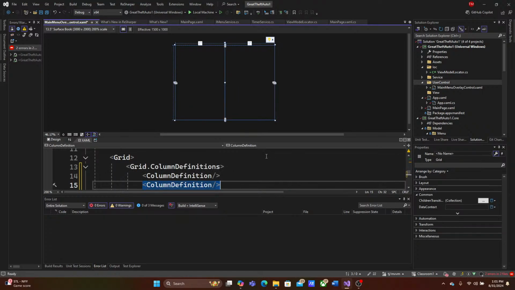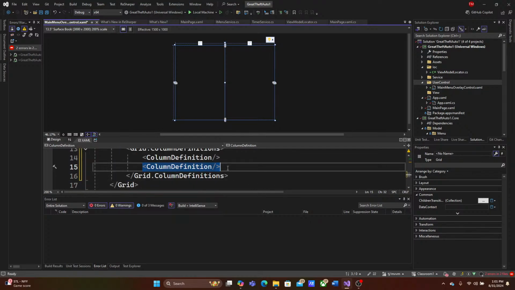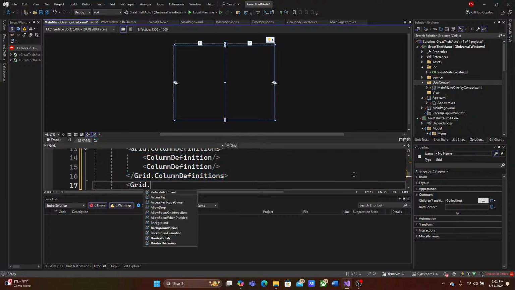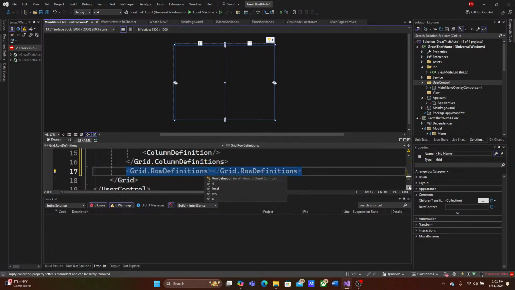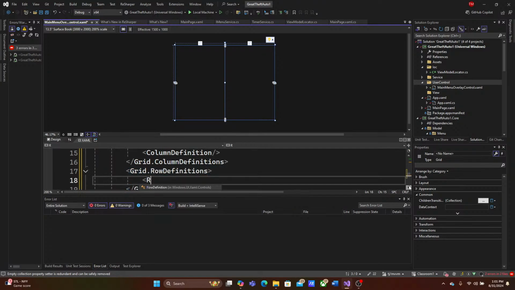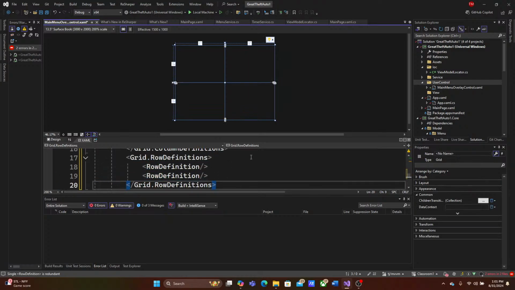All right. Now we have grid row definitions. Row definition 1 and 2. All right, that gives us our